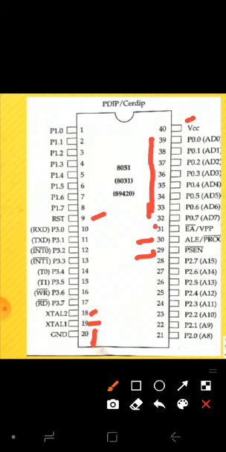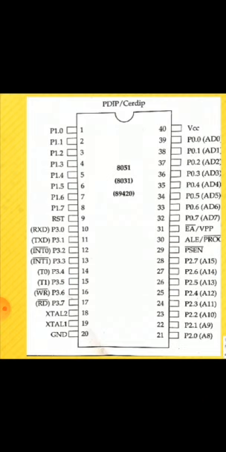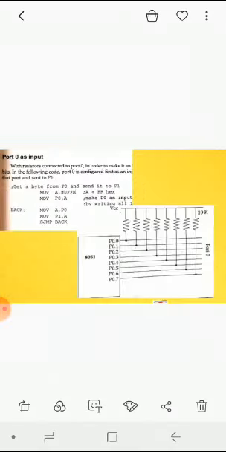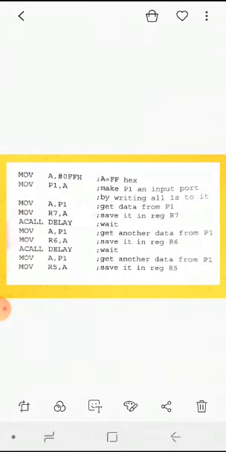If EA bar is low, all the data between addresses 0000 and FFFFH are fetched by the program and directed to the external ROM. So this is about the pin details and programming of I/O pins in the 8051 microcontroller.